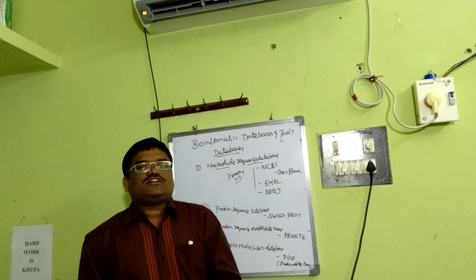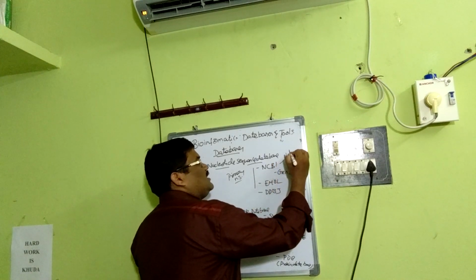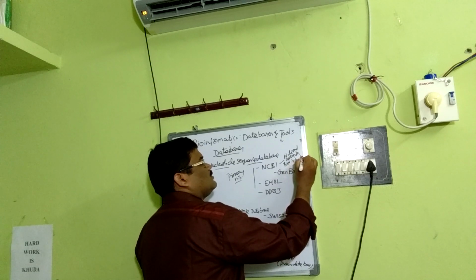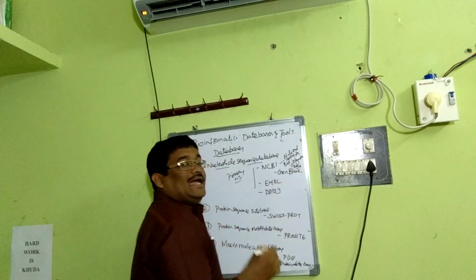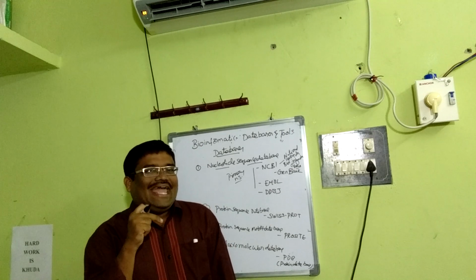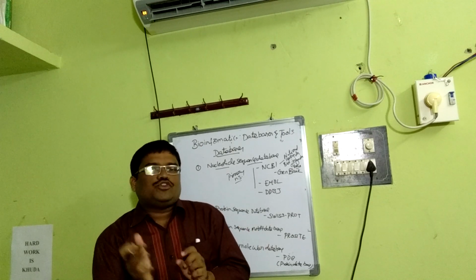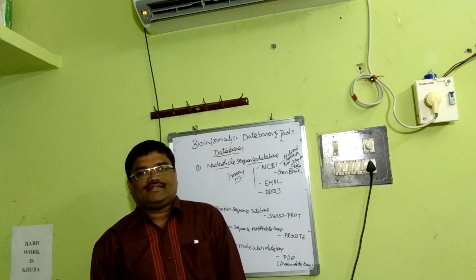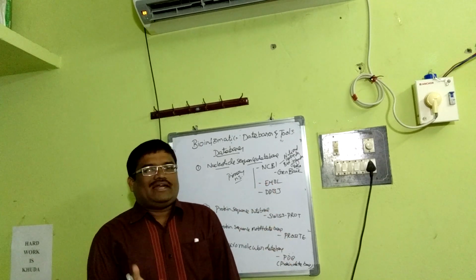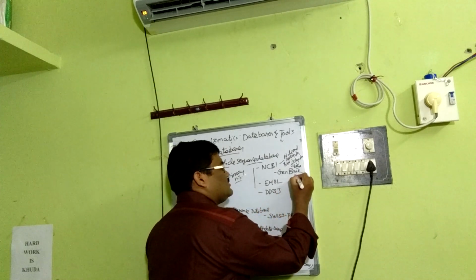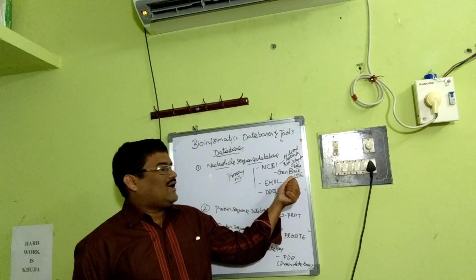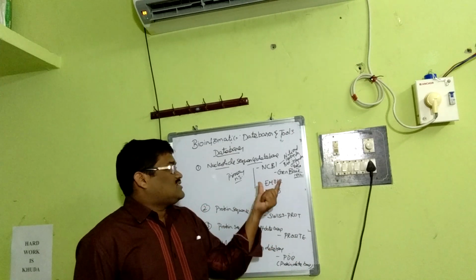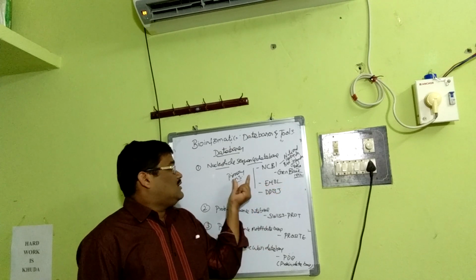Say NCBI, National Center for Biotechnology Information. It is a US based database established in 1988 as an offshoot wing of the National Library of Medicine (NLM). It is at the institute we call NIH, National Institutes of Health, and NCBI's primary wing is called GenBank. As the word implies, it's a DNA nucleotide sequence database. Since 1992, it has been operating GenBank, and GenBank is very essential because it coordinates with other databases and individual molecular laboratories, for example EMBL, European Molecular Biology Laboratory, an important database, and DDBJ,